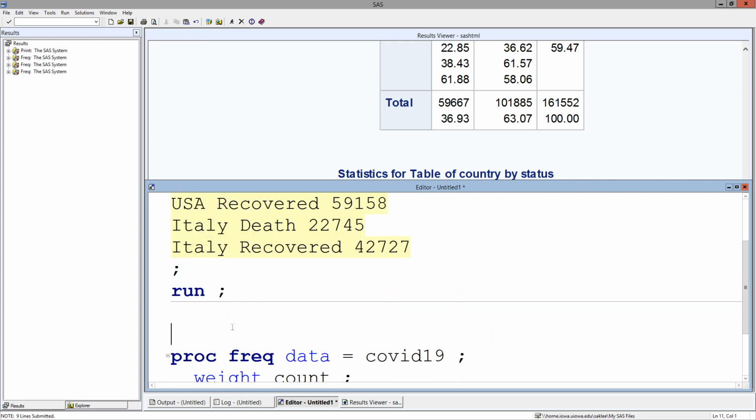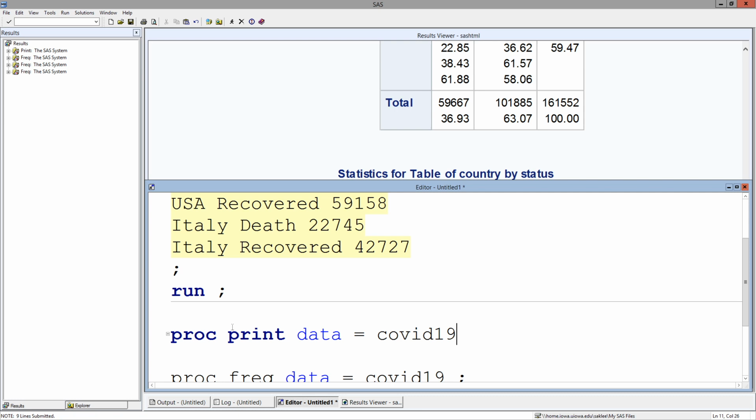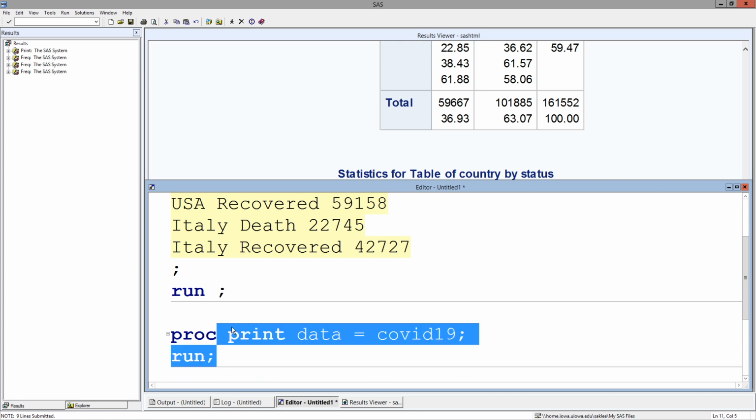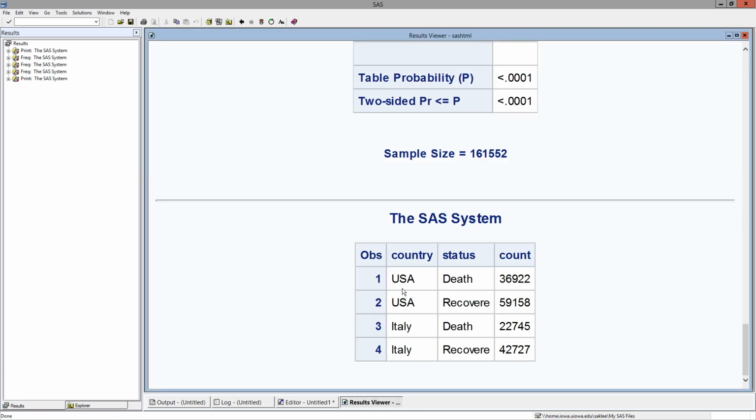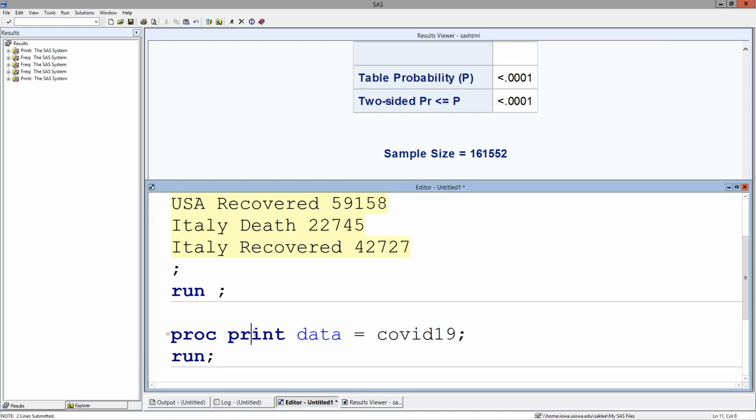So in my SAS system, print data equal to COVID-19. Let me check. I already have this data set,